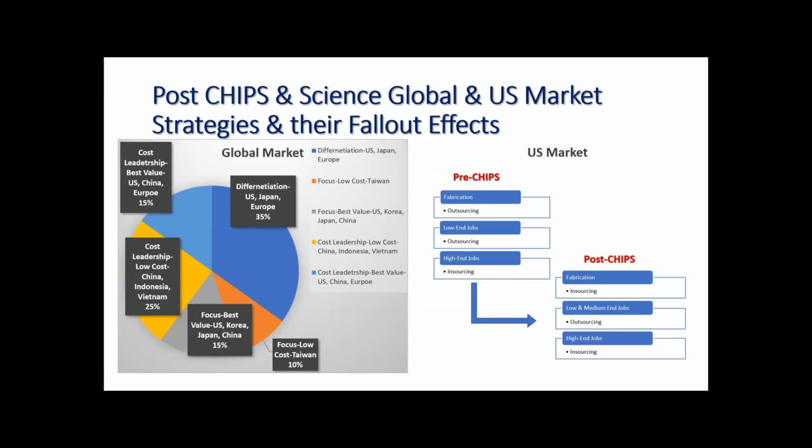Now, this is the strategic map which seems likely to happen in the future. For this strategic map, I have used Michael Porter's strategies. Michael Porter basically says there are three major strategies which different companies follow. Number one is differentiation. They differentiate their product so that they may charge a premium. These companies follow the principle of differentiation. And there may be focus. Focus may be on low cost and focus may be on best value. And focus is basically on a small